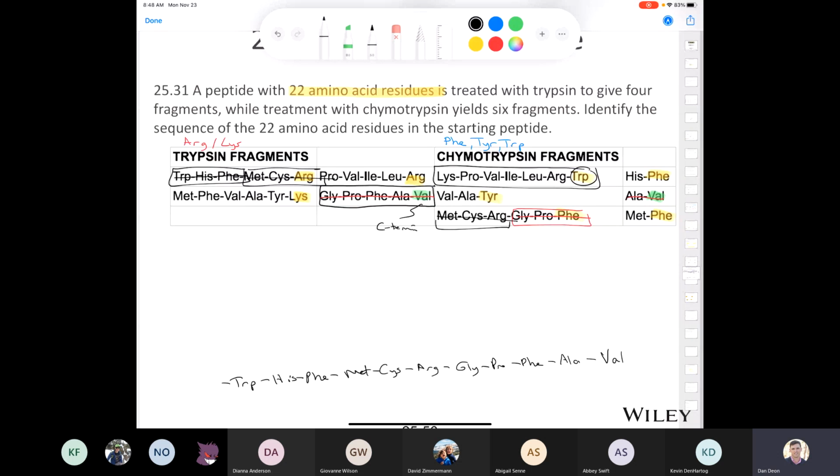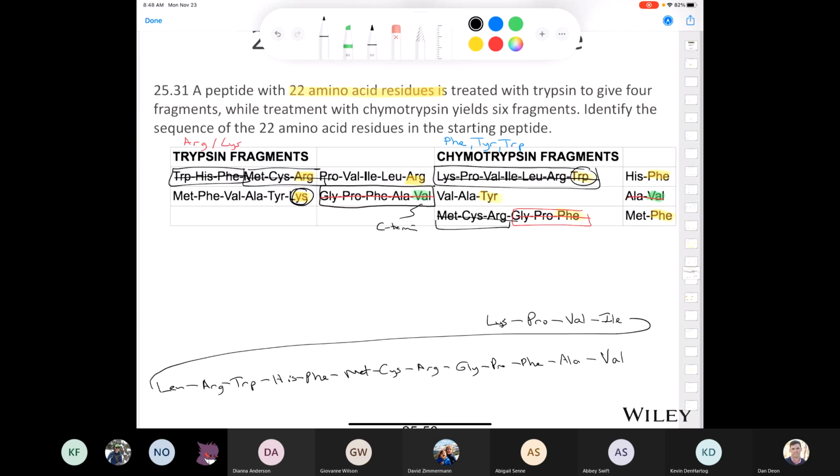So I've got my tryptophan, then I've got an arginine, so then I've got a leucine. Run out of space, so I'll go back over here. Then I have an isoleucine, ILE. Then I have my valine, my proline, then a lysine, like that. So I've gotten rid of all that. Then before my lysine, the only lysine that I have over here is right there. So before the lysine, there should be isoleucine, proline, valine, lysine, and then